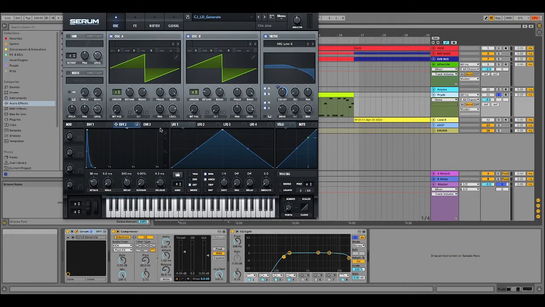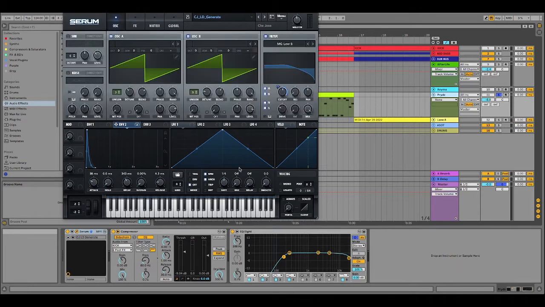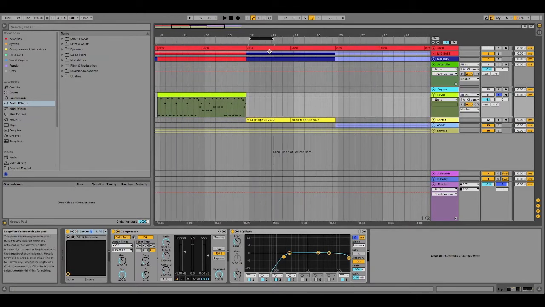We've got some envelope automation here to give it that kind of plucky sound every single time the filter opens, and then really it's just some hyperdimension, distortion, filter, EQ, and reverb. So not a hell of a lot in this particular sound. So that's also included in the Patreon program. And if we move on to the next one,